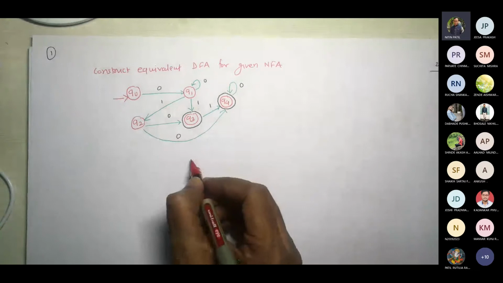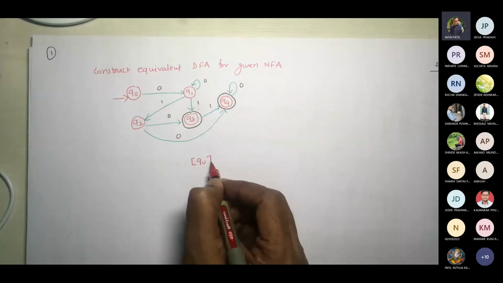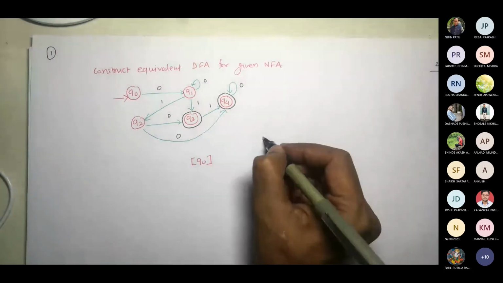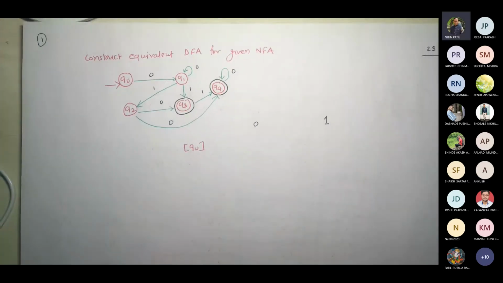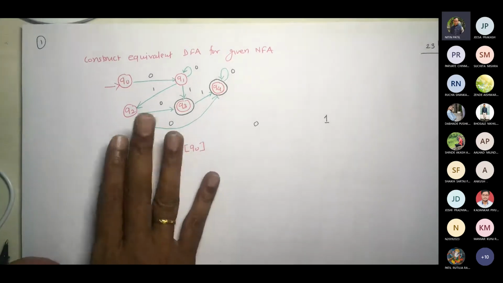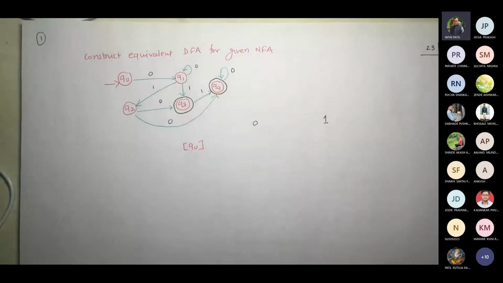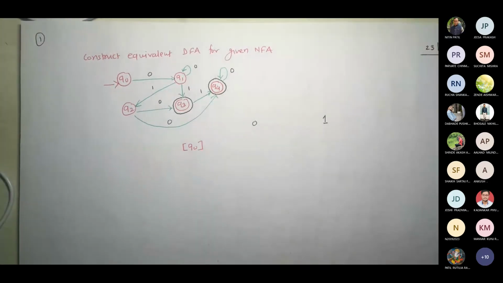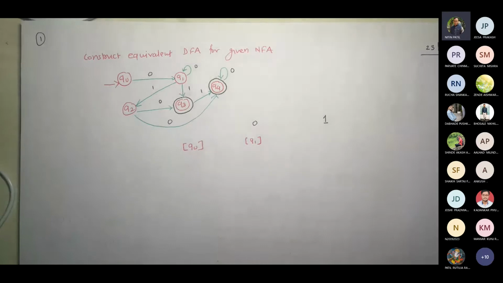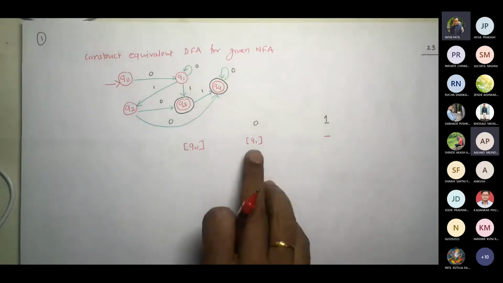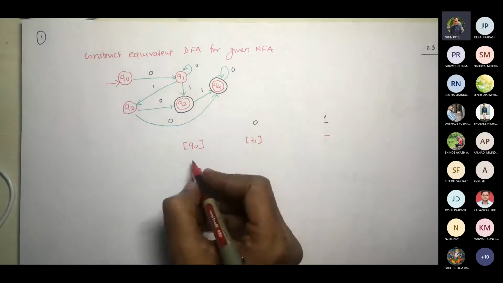Fine. But let me start directly writing this way. So this would be my construction. I will have 0 and I will have 1. Fine. Let us start. Now you see this diagram. I hope you are able to see this diagram. Now tell me what should I write in Q0? Q1. Correct. Everything that we are going to say would be written in square brackets. Q1. What would be Q1 on 0? Dash. Now we got a new entry. So you write Q1 here.